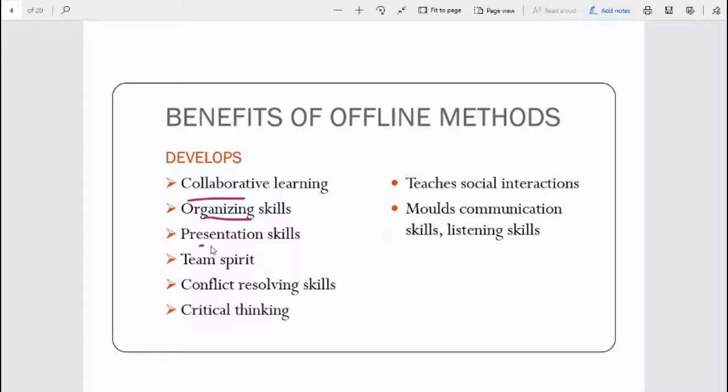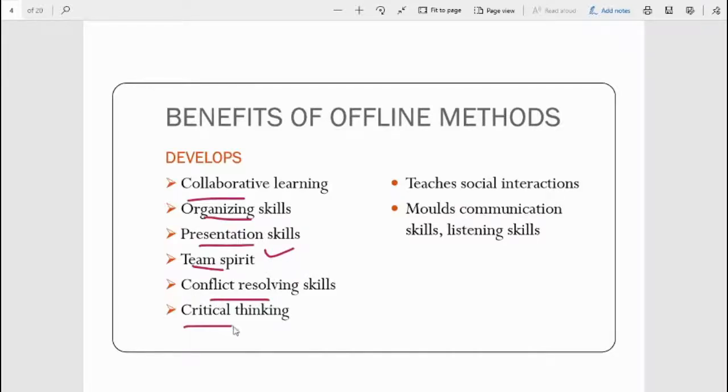It helps in presentation skills. For example, when the teaching learning process is taking place inside a classroom, some assignment or seminar work is given, and you have to present it in the form of a PPT in front of your classmates, who are the audience at that time. So it develops that skill. It helps in the development of team spirit. How? If you are given case studies or project work, then you have to work in a team. Or if you are representing your college, school or university somewhere in sports or a quiz, you have to develop how you collaborate and how you resolve conflict. So team spirit becomes very important here.